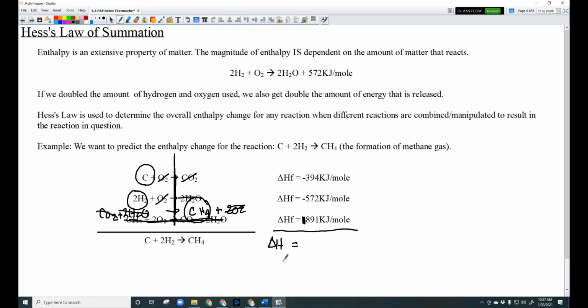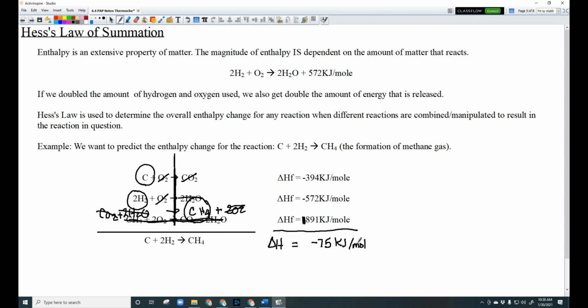Okay, so this is where we pick up our calculators. All right, so we have a negative 394 plus a negative 572 plus the positive 891. Okay, and that's going to be negative 75 kilojoules per mole. So this reaction, the formation of methane from carbon and hydrogen, is an exothermic reaction that releases